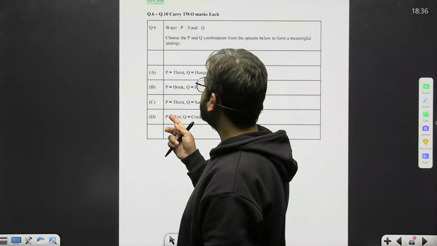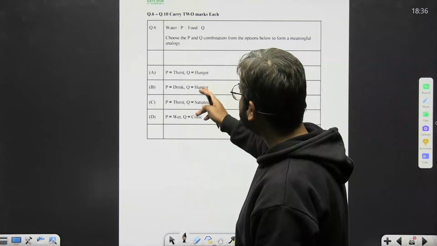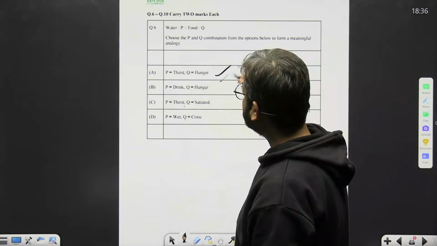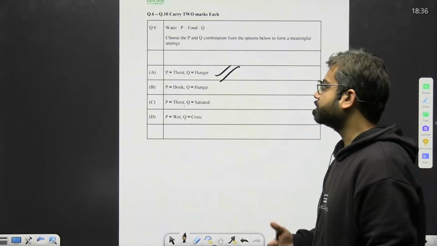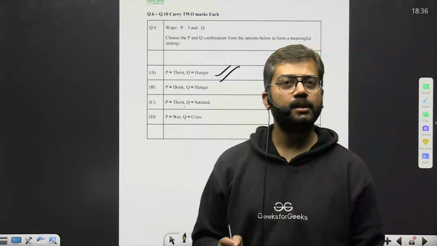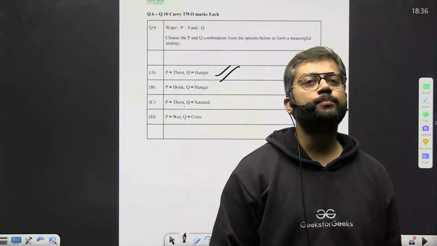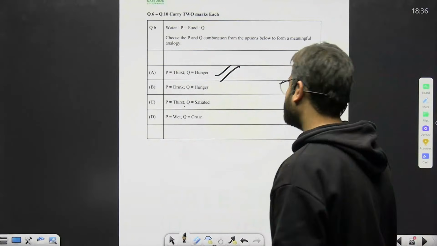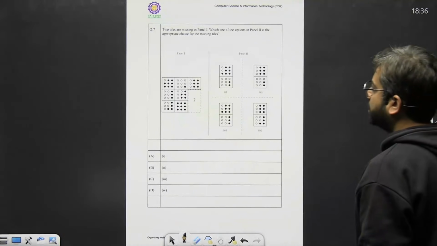देखो वाटर ड्रिंक जो है ना पीने का है, तो इससे प्यास बुझाई जाती है, लेकिन यहाँ हंगर हो गया तो उल्टा हो जा रहा है, थर्स्ट नहीं, ये भी नहीं, सिर्फ ये बैठ रहा है। पानी प्यास लगती है तो थर्स्टी बोलते हैं, भूख लगती है तो हंगर बोलते हैं, सिर्फ ऑप्शन नंबर ए सही बैठ रहा है, बाकी और किसी भी ऑप्शन में प्रॉपर कॉम्बिनेशंस नहीं बैठ रहे हैं, ठीक है। सो थर्स्ट और हंगर पे बिल्कुल सही गया ये।